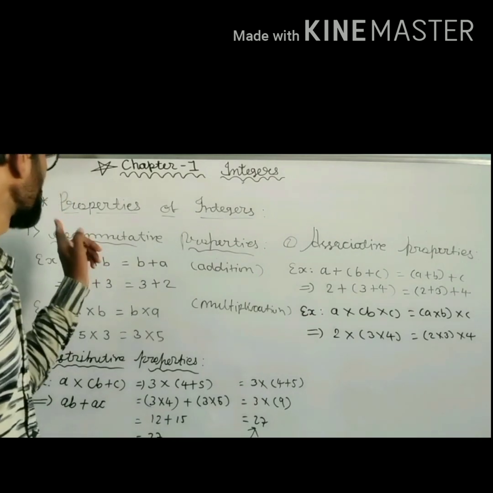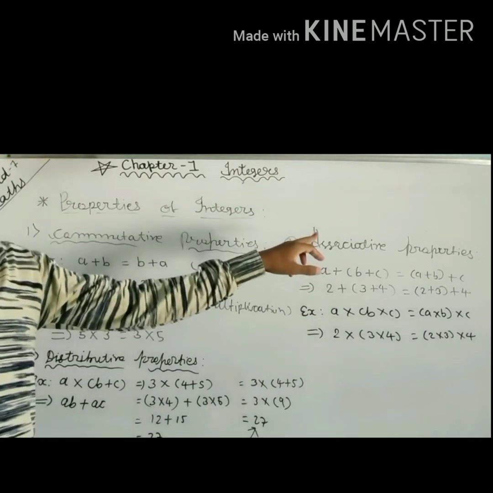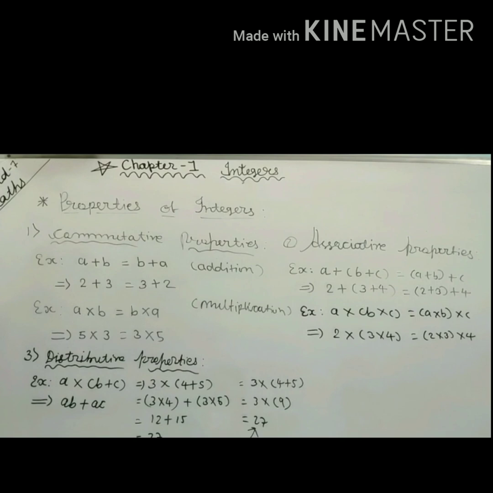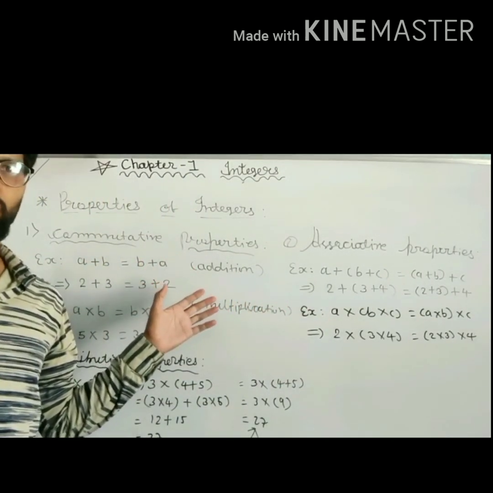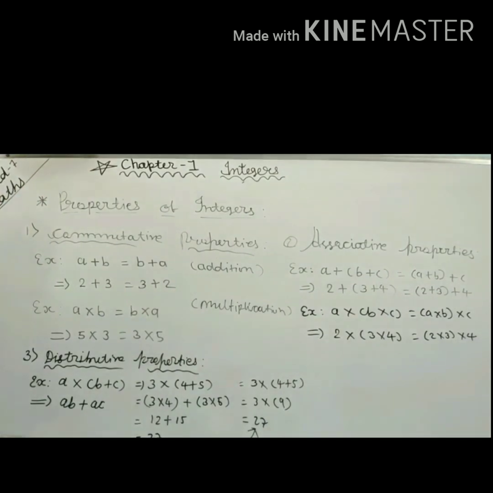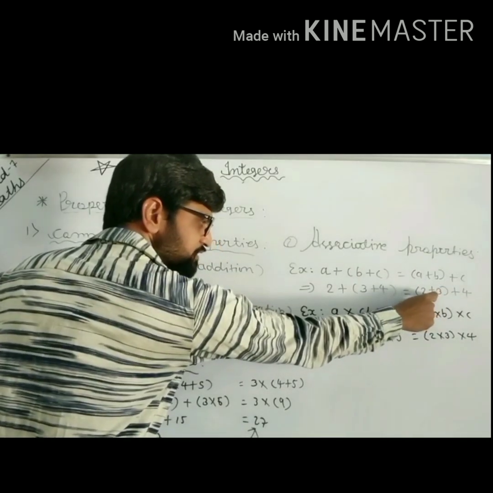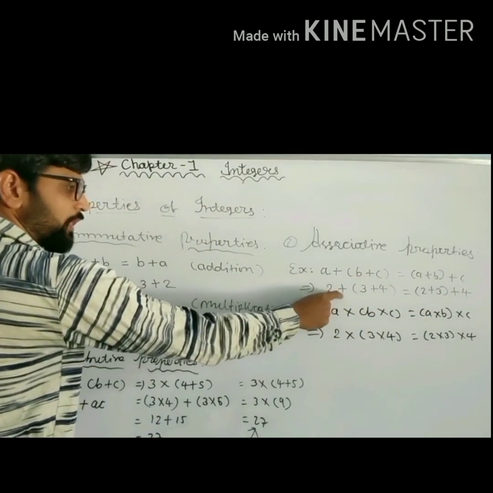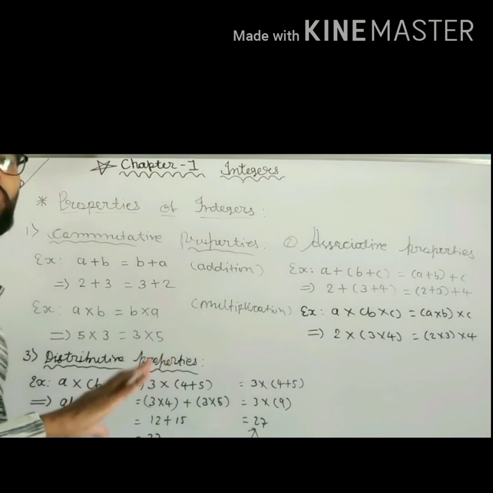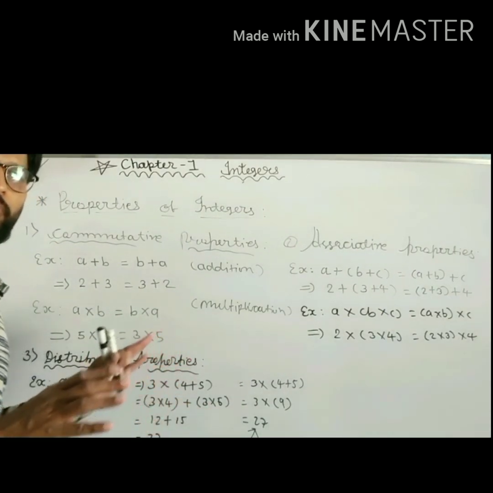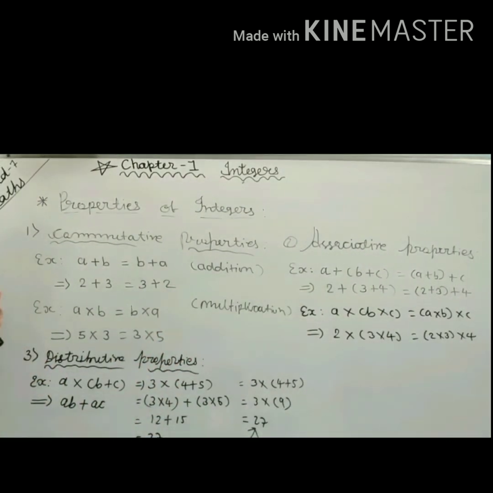Distributive property, commutative property, and associative property. This will be helpful to you in the whole chapter. You have to give the answer like, if this one is given, then you can do this. If this one is given, then you can do this. This type of question you have to manage as per your question, what you need in your question. Then you can use all these properties very easily. Is that clear to everyone?